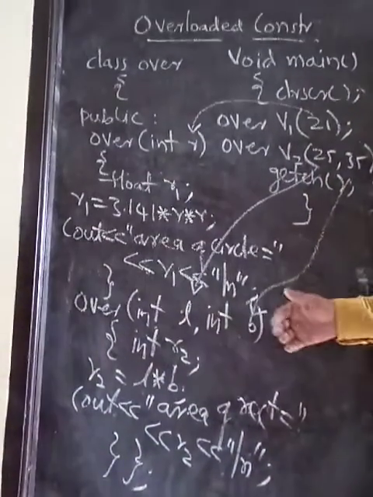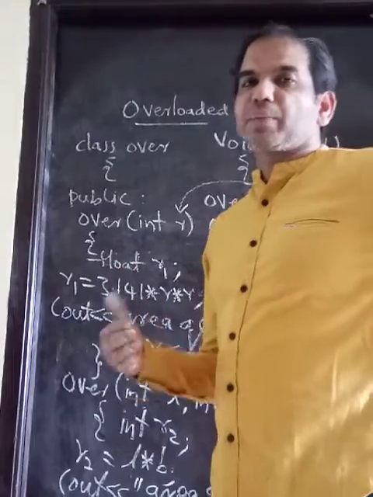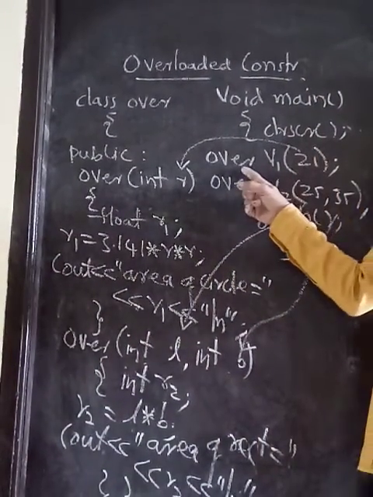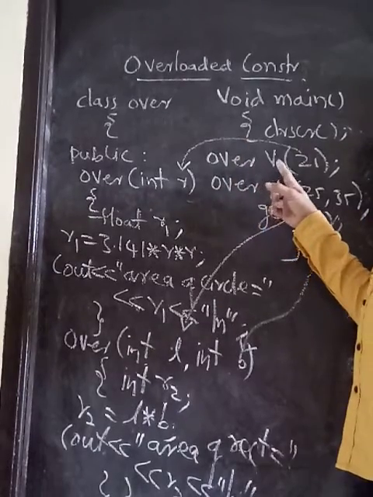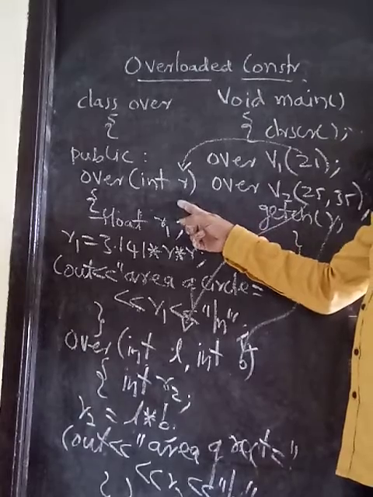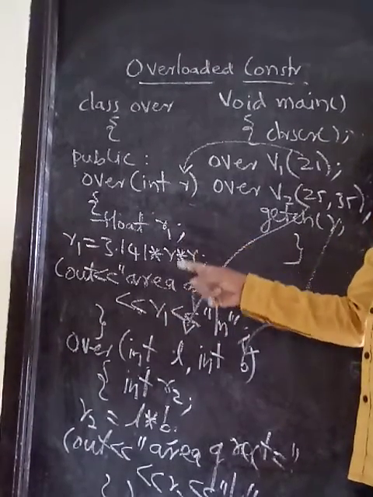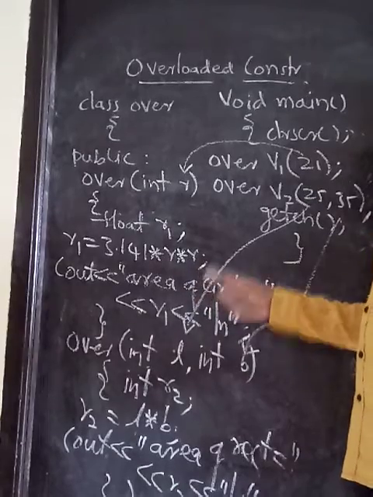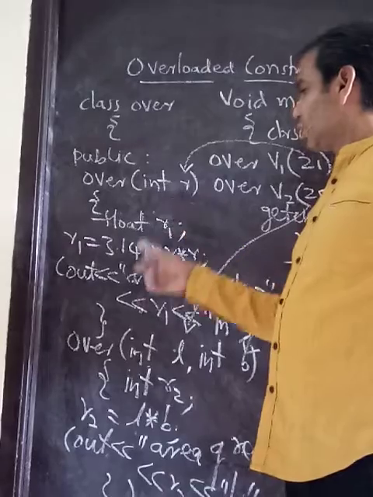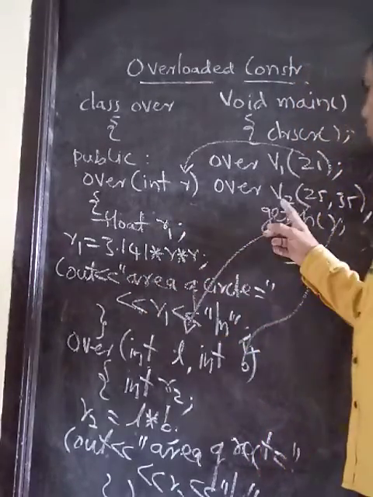Once again, if you trace the program, C++ is a bottom to top approach language. So void main, first, for refreshing purposes: the class name is the class, V1 is the object. When we are creating the object, I am passing a value. So this is called a parameterized constructor, and we are using multiple constructors, so it is also called an overloaded constructor. For V1, 21 will be received by R, so it will perform the area of a circle and display it. Then again the cursor comes to here.